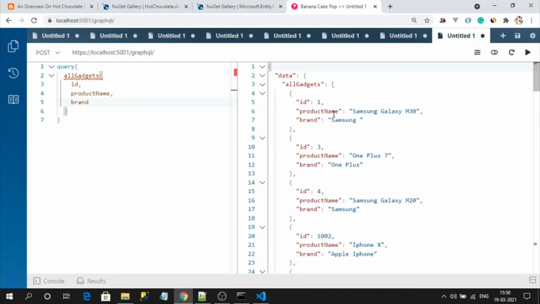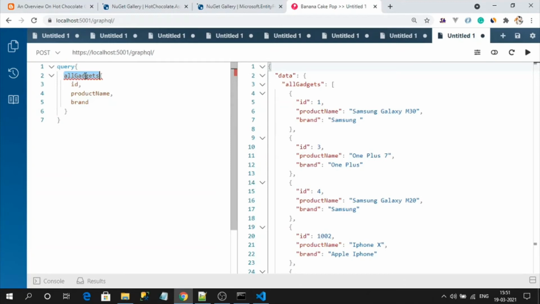And now I want to explain one concept in GraphQL, aliases. What are these alias names and where are they useful? If you observe here, we have our resolver method, right?